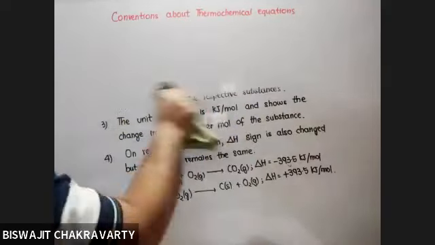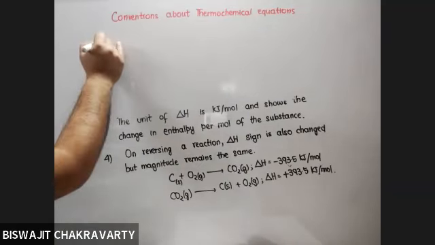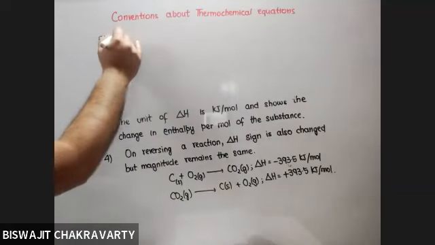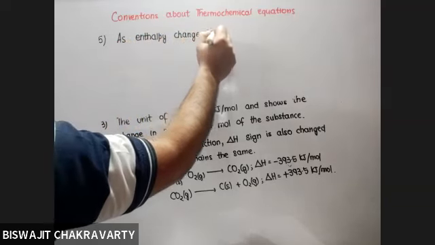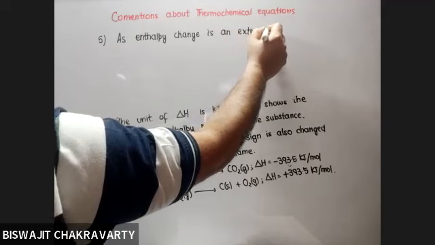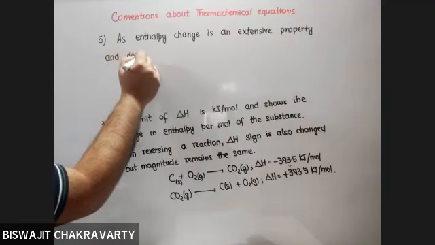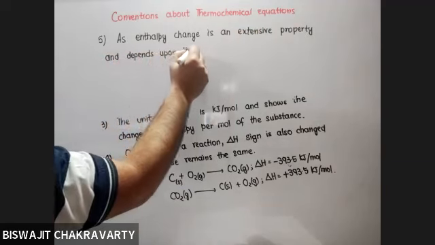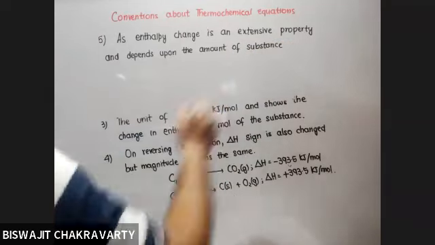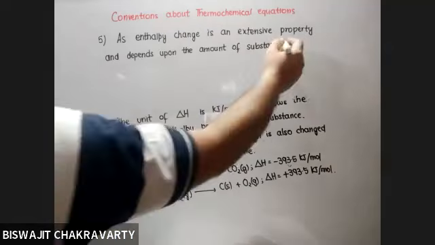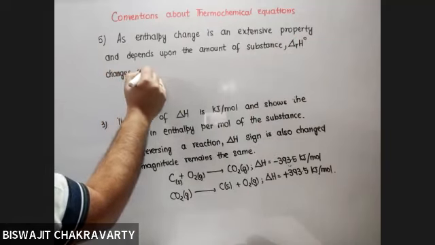All points must be understood, because in the later stages the applications of all these that we will be doing will be coming. Number 5: enthalpy change is an extensive property. And what do you mean by extensive property? It depends upon the amount of substance. Delta rH degree changes with change in